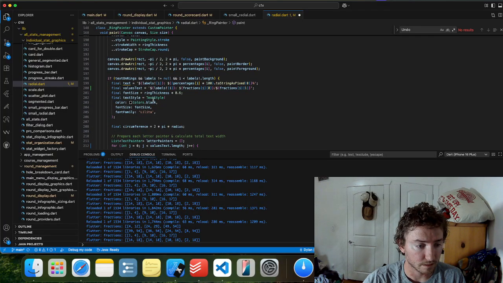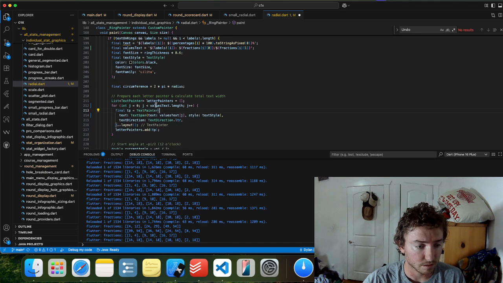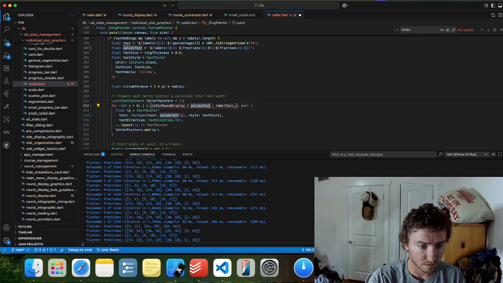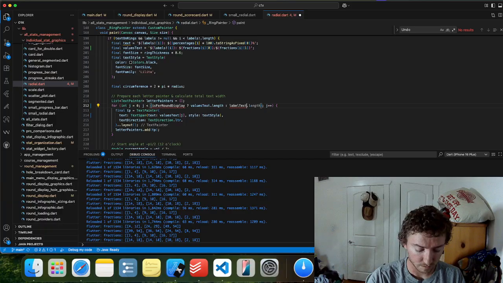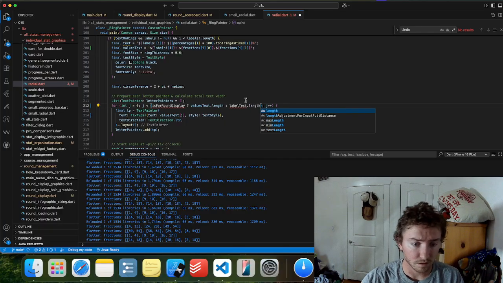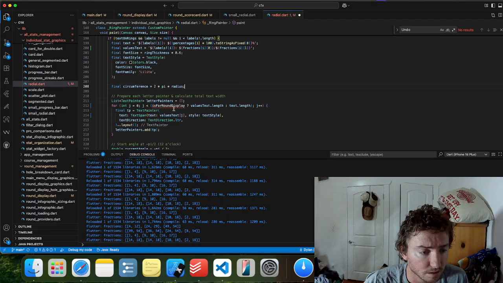I've got the text style, text and values text. That's just text.